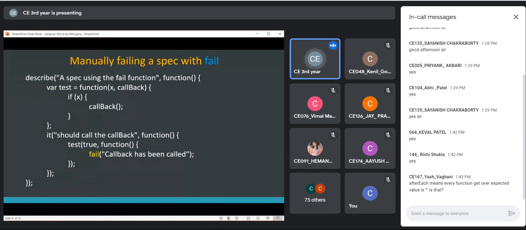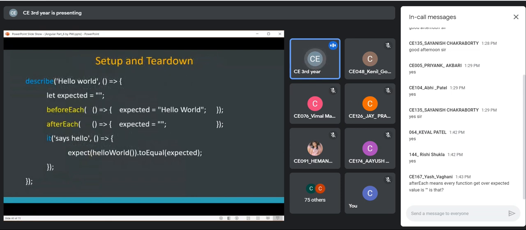Let us go back to the previous slide. Right now there is only one test case, but before this test case gets executed, the variable expected will be initialized with hello world. Once the test case is over, the expected string will be initialized to an empty string.